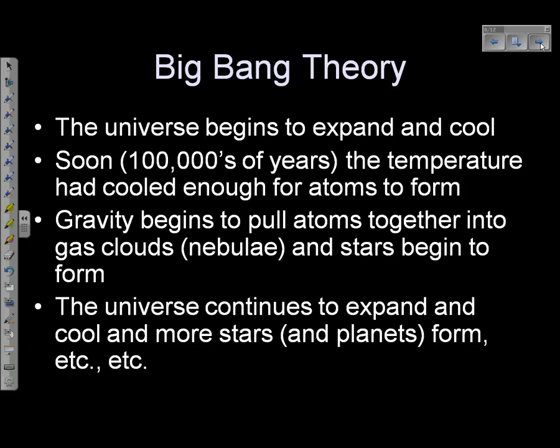Okay? Did we get the time frame on this? I think I showed it to you before. When do we think this happened? About 14, 15 billion years ago. That's a big number. Our sun is about 5 billion, our galaxy about 10 billion, kind of.